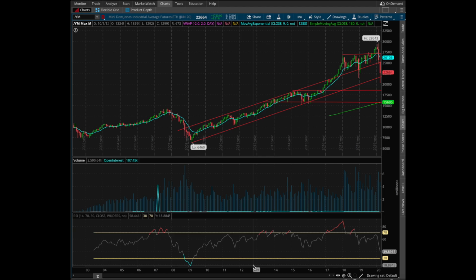So now we're actually sitting at 22,664, and I guess that's the mini Dow Jones, but I'm pretty sure that the Dow Jones is actually around 23,185. So it was a massive 2,000 point gain basically Friday, March 13th. And today we're basically going to be talking about some of the Dow Jones history, how that might be affecting the Dow Jones